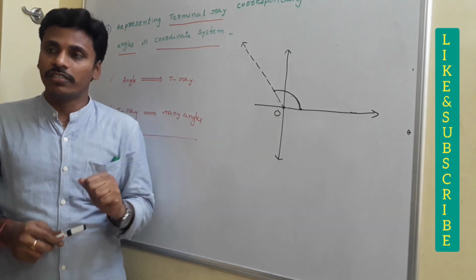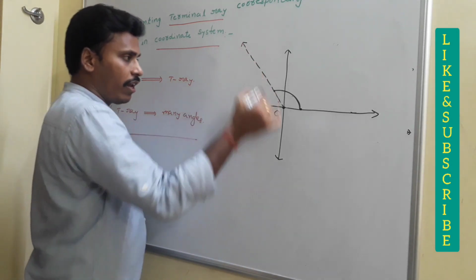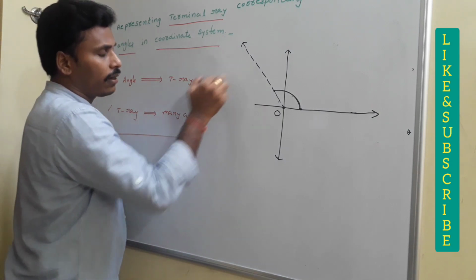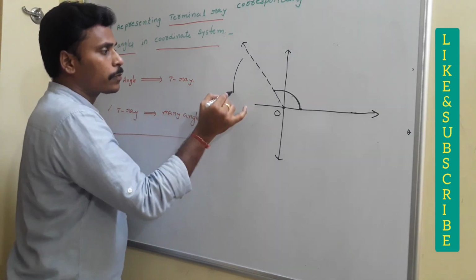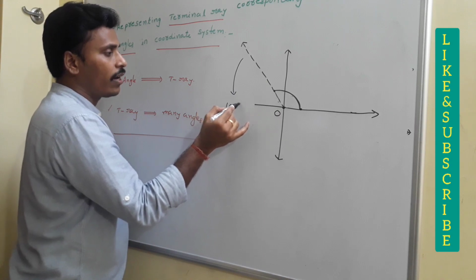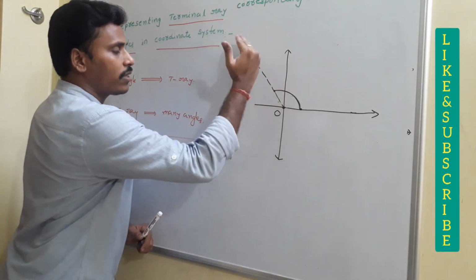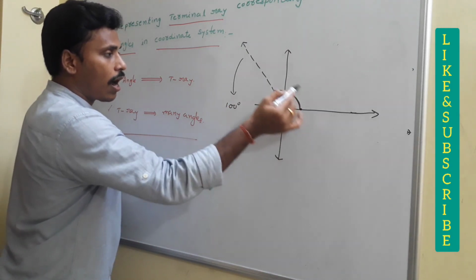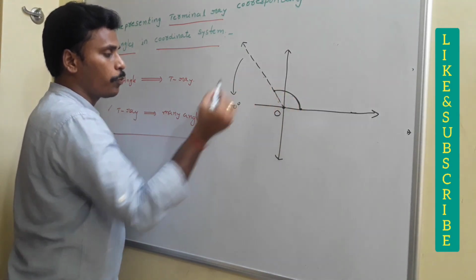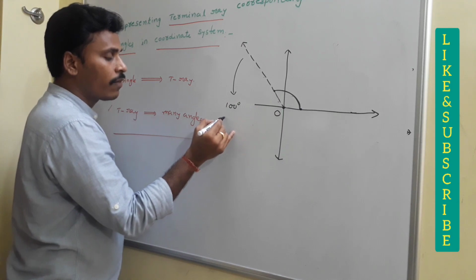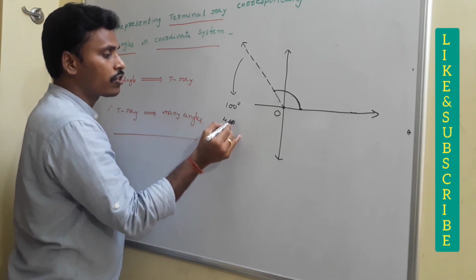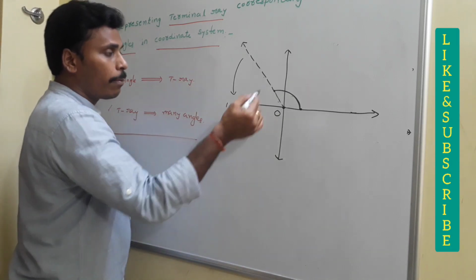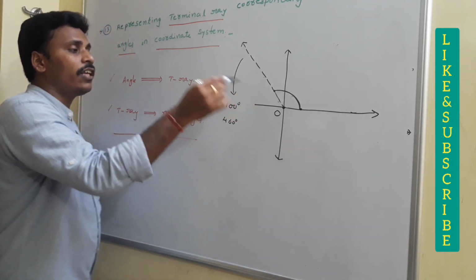Then what do you say about the angle corresponding to this terminal ray, right? This is a ray and the angle between these is 100 degrees. Some people may mention the angle corresponding to this terminal ray as 100 degrees. If you rotate only once like this, then your angle is 100 degrees. Suppose after one complete rotation you reach this position, then you may say it is 360 plus 100, 460 degrees. Is there anything wrong? The terminal ray is the same, but the measurement depends on the number of rotations.